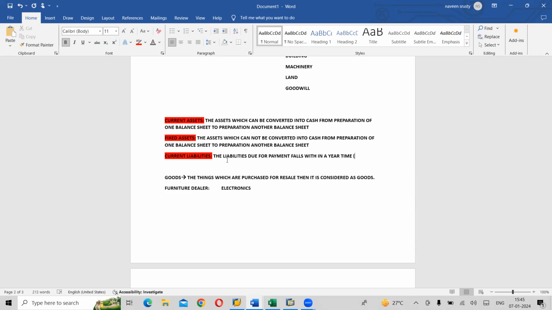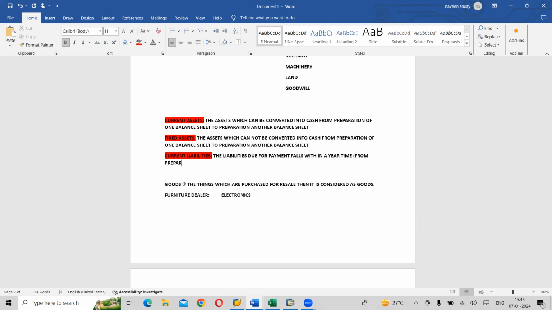As per accounting, what is one year for us? From one balance sheet to another balance sheet. All those liabilities will come under current liabilities. The dues for payment which do not fall within a year, the payments we are not supposed to pay from one balance sheet to another balance sheet, are considered